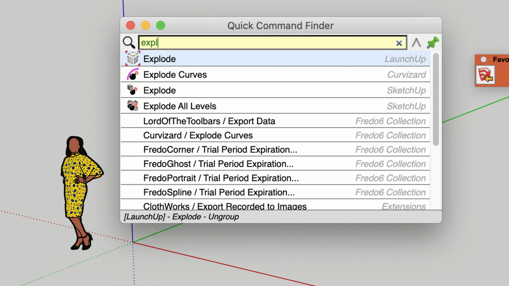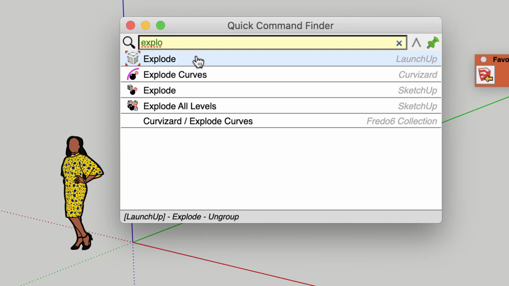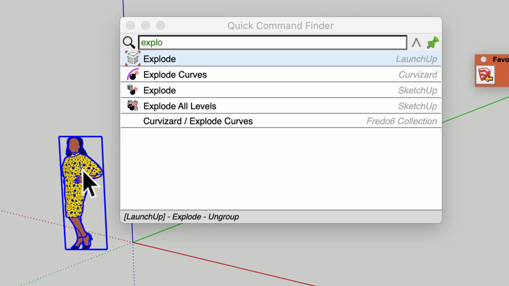If you, for example, type explode, you will retrieve commands and menus which contain explode in their name, but on Windows, when you click on a particular object, group, or component, you would see the menu related to explode of the selection. Here on Mac, it's not possible in the current version. Maybe I'll manage to do it in a next release. Okay, so that's the main difference.